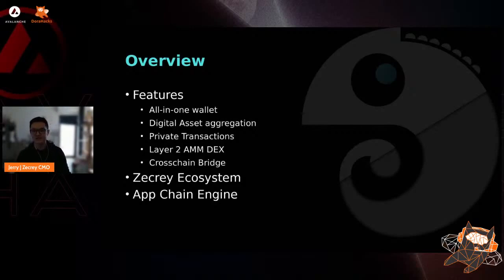What Zecrey does is help simplify the user experience when it comes to interacting and managing their tokens across virtually all of the different networks, whether it's Ethereum, Polygon, Avalanche, BNB chain, Aurora, and even non-EVM networks when the mainnet is released. The highlight that we bring to users is that it's easy to use, with privacy for transactions,